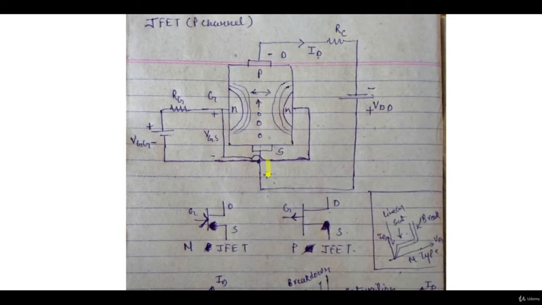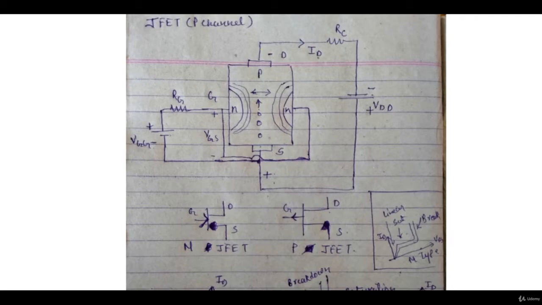And if you change the value of VDD, which means VDS, the more negative VDS is, the more the current will be, since more holes will flow from source to drain. So that is how the working of P-type JFET happens. You can see the carrier here is holes. In N-type it was electrons. That's the reason it is unipolar: only one carrier is there for the conduction of current. In N-type it was electrons, in P-type it is holes.